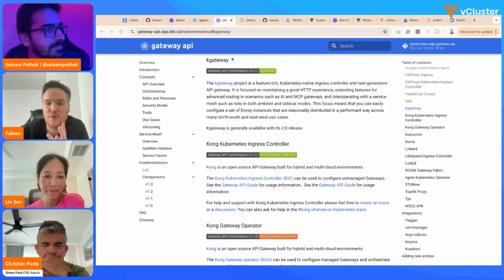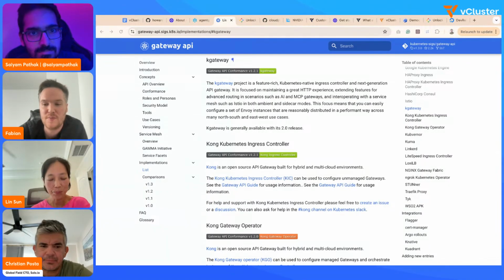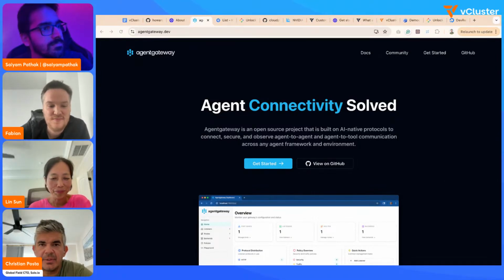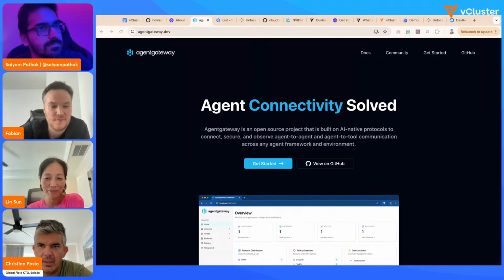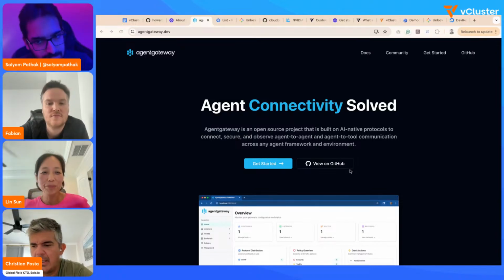Interesting. Just for my understanding, what makes the Agent Gateway different from the Envoy proxy, or why is there a need for the Rust-based proxy? I think there are two main reasons. One is the AI space is changing very quickly, as you know.